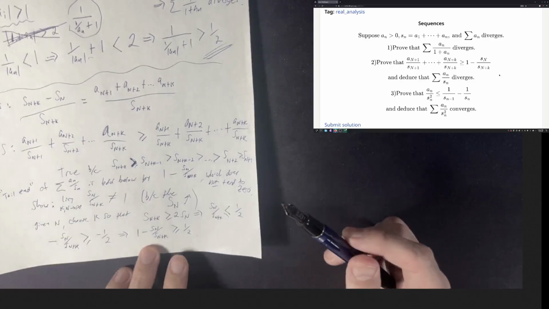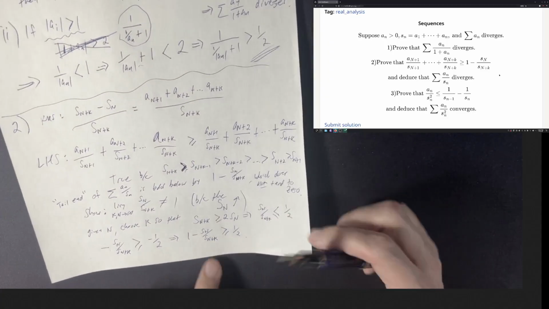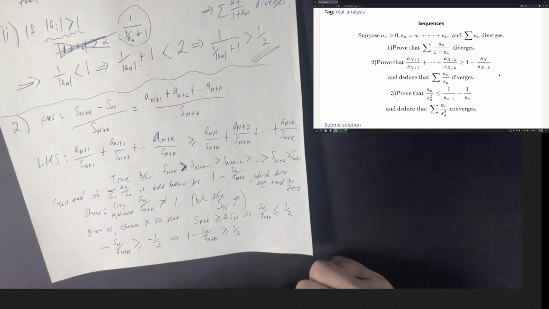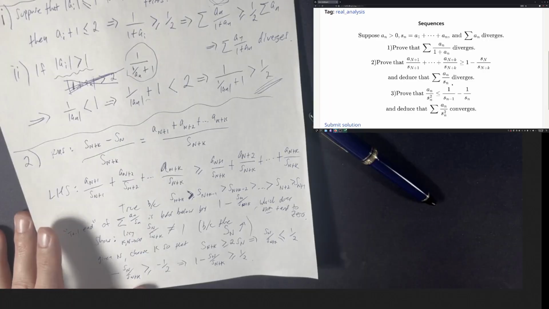And so the tail of your series does not shrink to 0. That means your series is not Cauchy. It means your series is not convergent. So that's the end of 2. And then 3